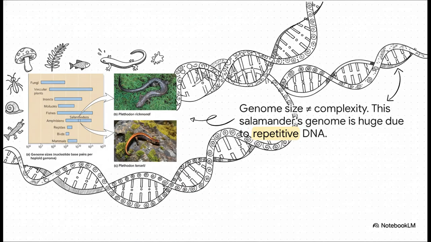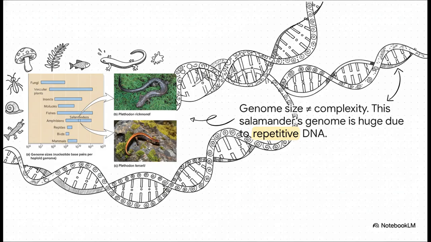Now, here's something that might surprise you. You might think a bigger genome automatically means a more complex organism, right? Well, that's not always true. I mean, look at the salamander. Its genome is absolutely enormous, way bigger than a human's. And it's not because it has more genes, it's because its DNA is stuffed with these huge, long stretches of